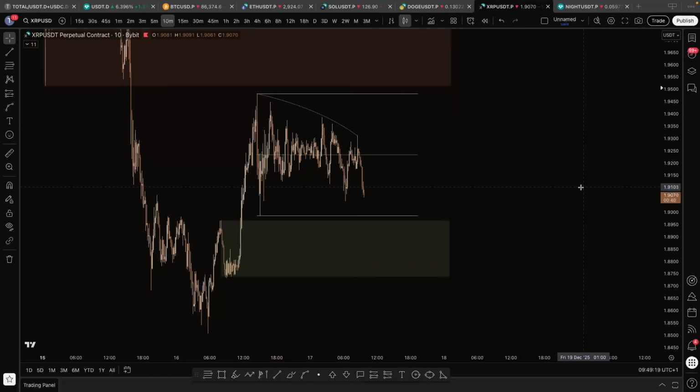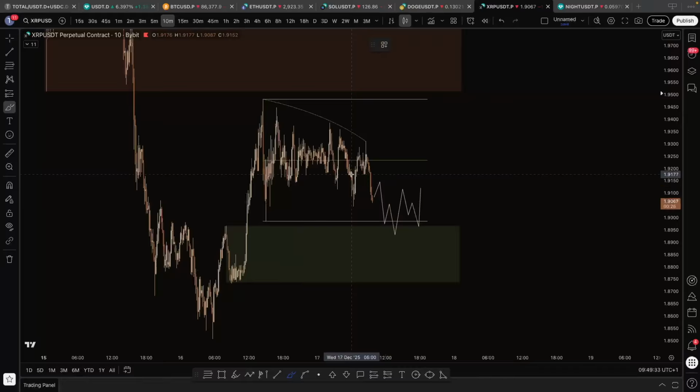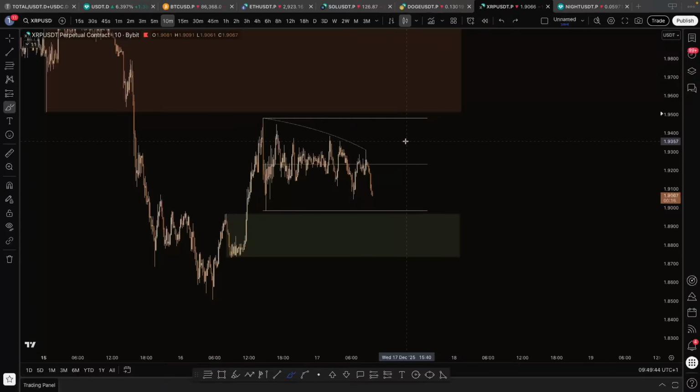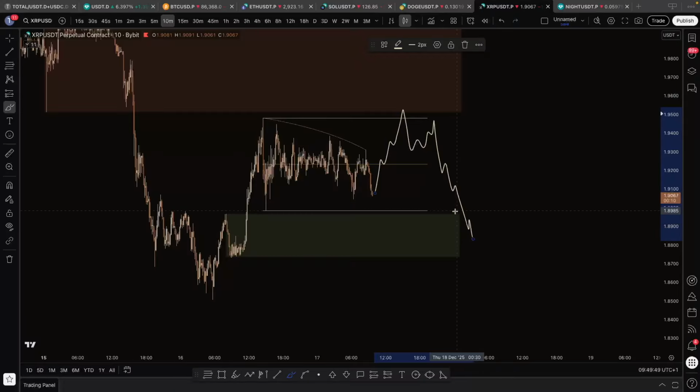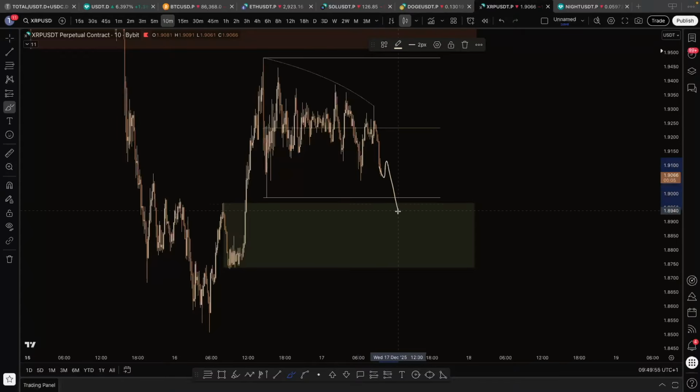I will go heavy risk if we get a move down right there and form a schematic here. Then I will go heavy risk on the upside, because it almost never happens that you take out that range low after a compression and not go higher. Like, then price has to take out those highs. If we decide to go higher, take out those highs first, I expect the opposite. So I expect the move down. So I will go heavy risk on XRP if we have a move down there